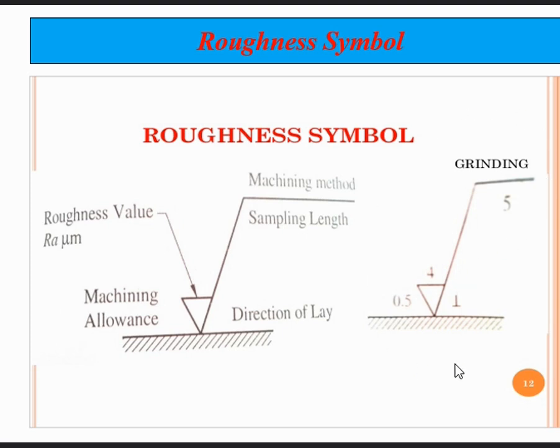So I'll just summarize what this symbol is talking about. The symbol is talking about surface roughness of 4 micrometer should be arrived at by grinding of a component up to 0.5 mm only. So after grinding the material for 0.5 mm, I should take a sample of 5 mm and should measure 4 micrometer of surface roughness. This is what this symbol is talking about. Okay,